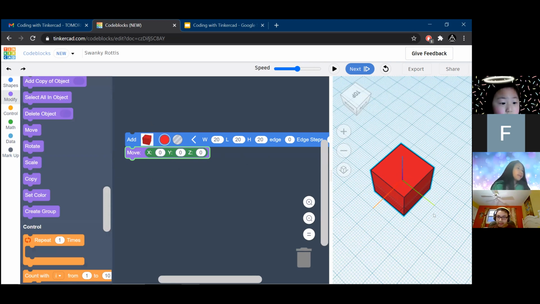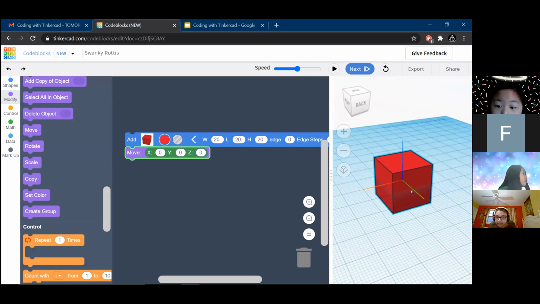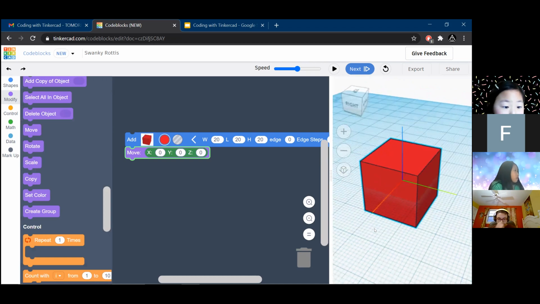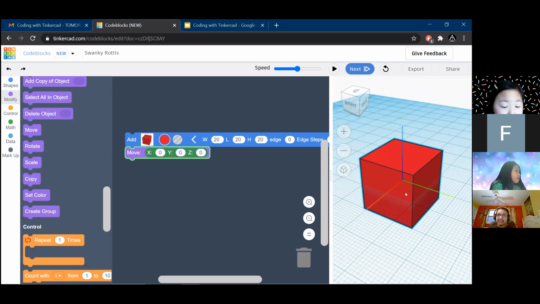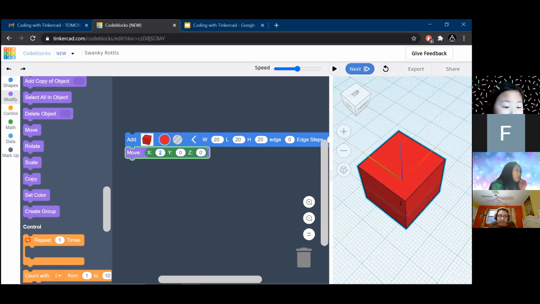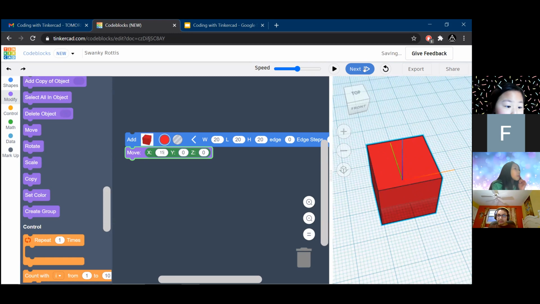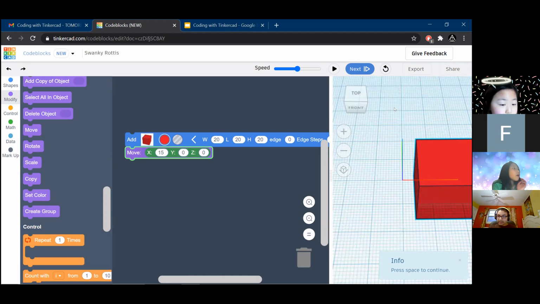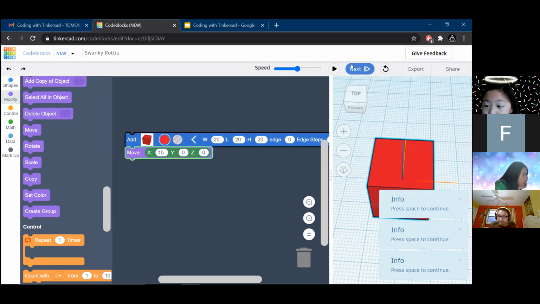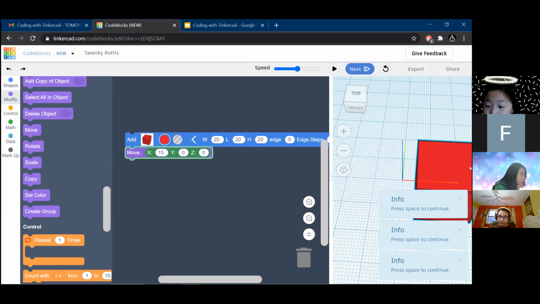Okay. So this is kind of a new concept, but we're going to talk about something called dimensions. We have three directions that we can move things in, right? We have one direction that we call the X direction. So let's say I'm going to move this in the X direction. That is the X direction. See? It's moving in the X direction.